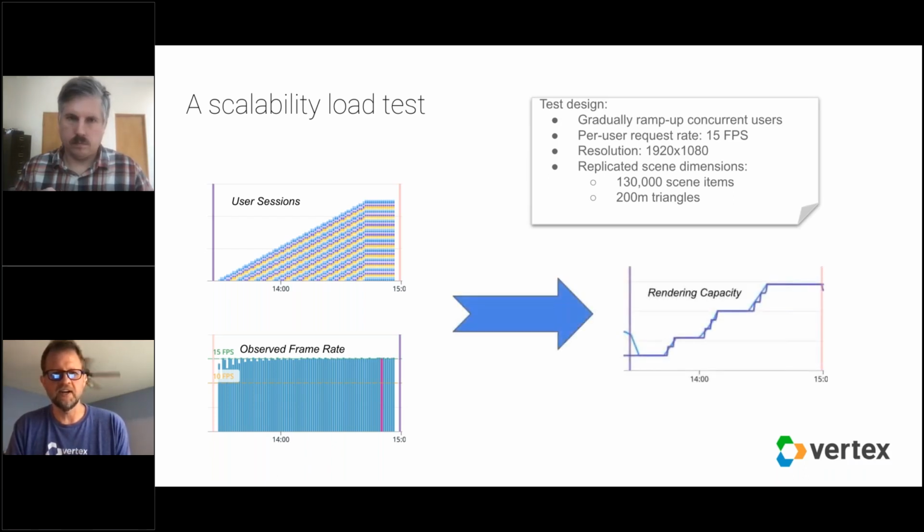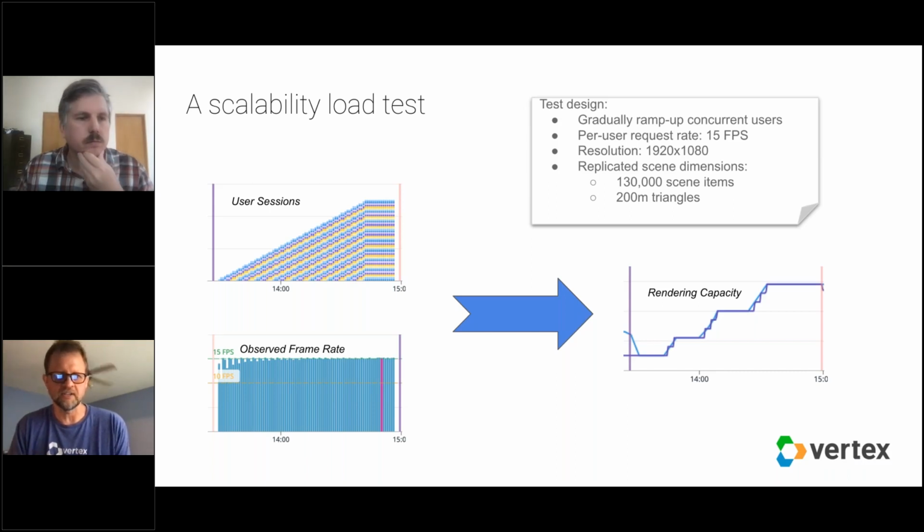And then this final graph is the rendering capacity. What's happening behind the scenes here is that the increased workload, through the addition of new users, triggers our scaling logic to provision additional hardware, increasing our rendering capacity proportionally to meet the need without any drop off in frame rate or latency from the user's perspective. Not shown here, but conversely, as user demand falls back off, as you might expect at the end,